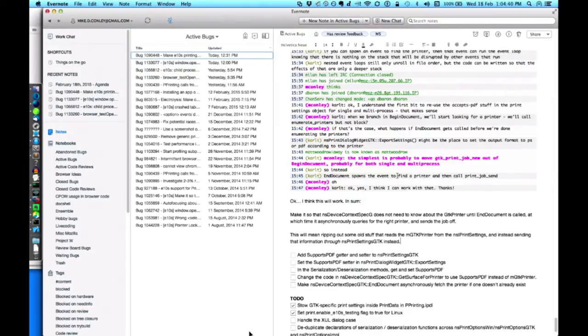You can pass this boolean to say whether or not you need it to block. And if it does block, then it will spin an event loop while it calls your callback and passes your callback one printer at a time until it's finally done, in which case the nested event loop exits, and then your program execution will continue from where you call GTK enumerate printers.